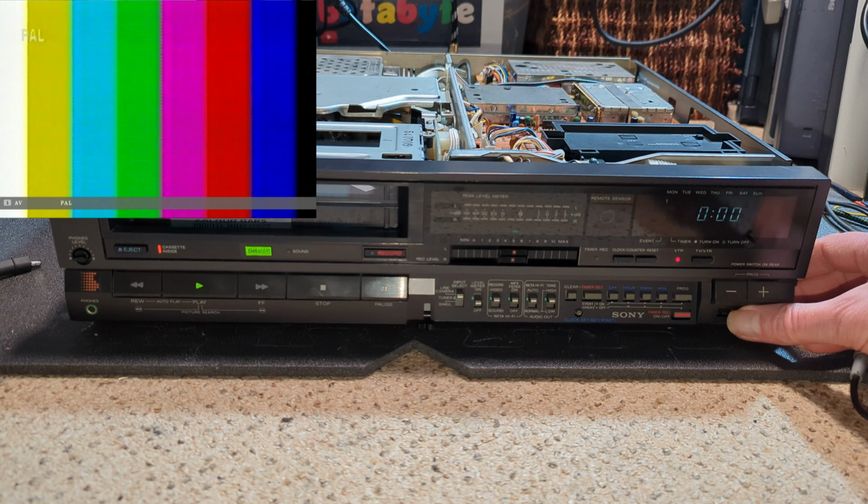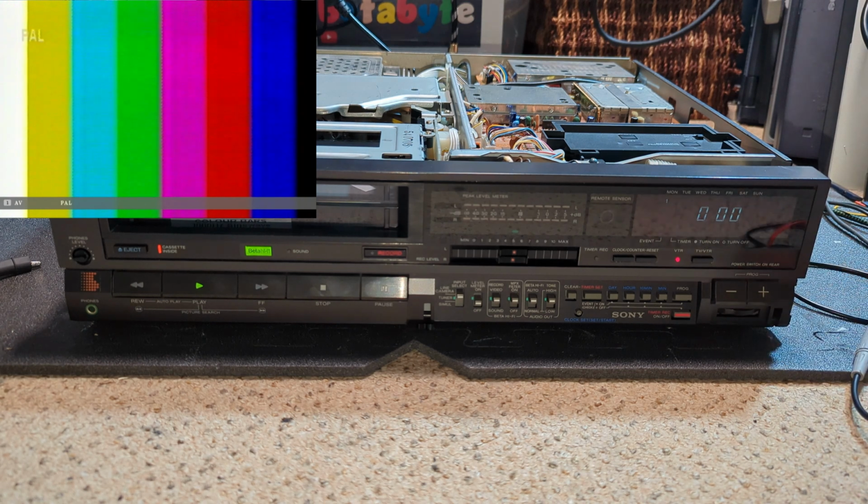Needs to track slightly off center. I need to have a look at my slow 1700 actually, because the tracking is slightly out. So yeah, but that's for a future video as well. But yeah, we got there, and